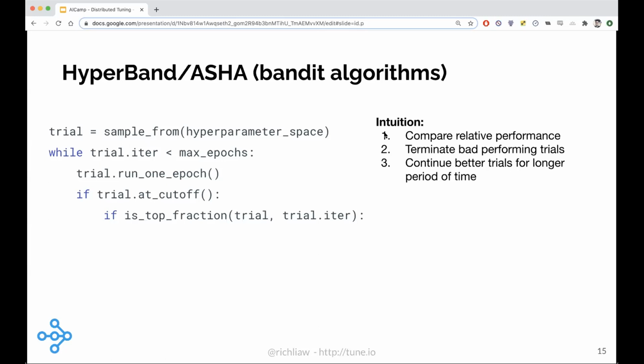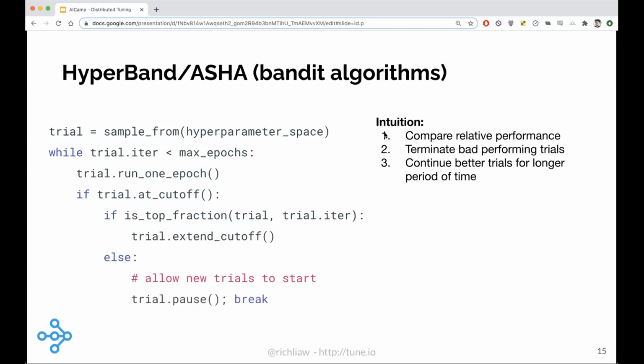And if this one trial is in the top fraction of all trials, so it's one of the better performers, then we can extend the cutoff. We can let it run for longer. Otherwise, we will pause it and we'll let some other trials be evaluated. Essentially, this encodes this ability to continue the better trials, to allocate more resources to the better trials for a longer period of time, while reducing the number of resources we allocate to poor